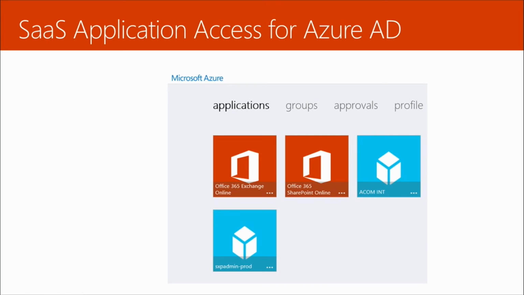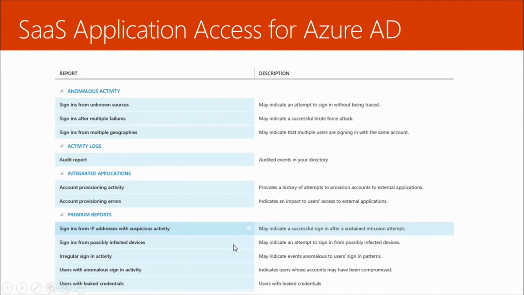And then we have the third building block. This is what we were talking about from the user perspective. This is what's known as the Access Panel UI. The user would go to myapps, whatever your organizational name is, contosomg.com, and I can access these applications. In this instance, you see I have Office 365, SharePoint, and some internal applications which I can access as well. And then the fourth part we have here, and this is pretty cool.